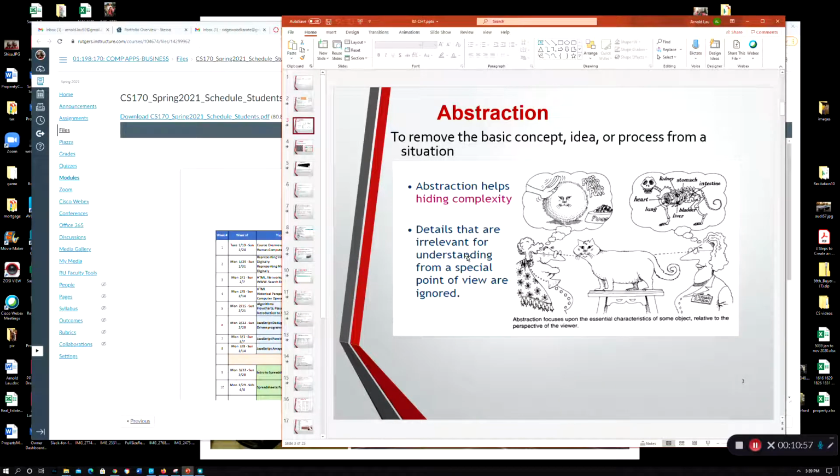So remember abstraction, so it's hiding complexity, details that are not relevant for the understanding of how to do something, right? Here they're talking about the cat, and then here's the inside, right? For you to play with the cat, you don't necessarily need to know about all this stuff in here, right? I gave an example of the car, right? So you step on the brakes of the car. You don't really need to know how that's implemented. You just need to know that I step on the brakes and the car will stop, right? I'm simplifying a bit, but that's the idea, right?